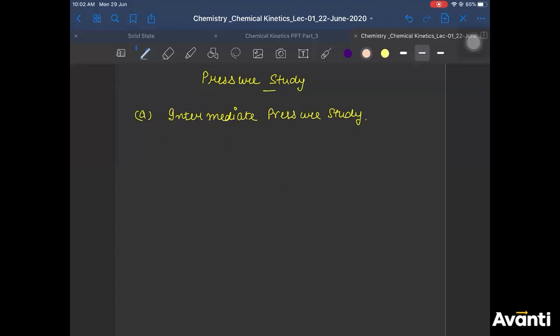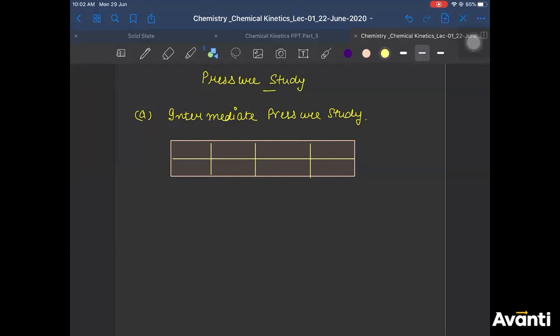Let us say you have been given a table. Generally in these types of questions, you get a table, something like this. Right. Now let's say there is time and total pressure, P total. Initially, when time is 0 minute, pressure was found to be P naught. When time is T minute, you can say pressure was found to be PT. Correct? So I think these two data will be given to you.